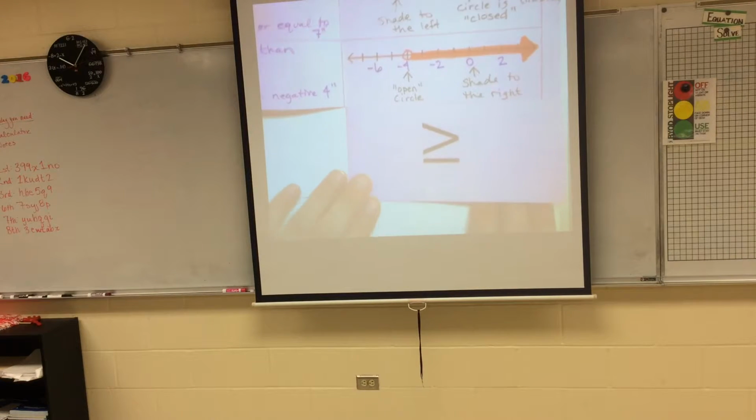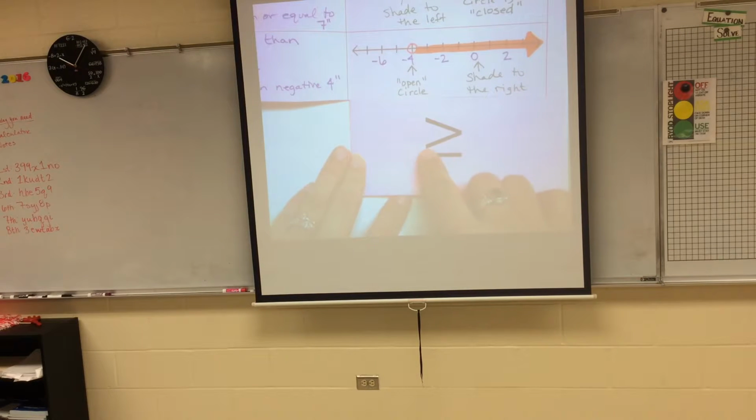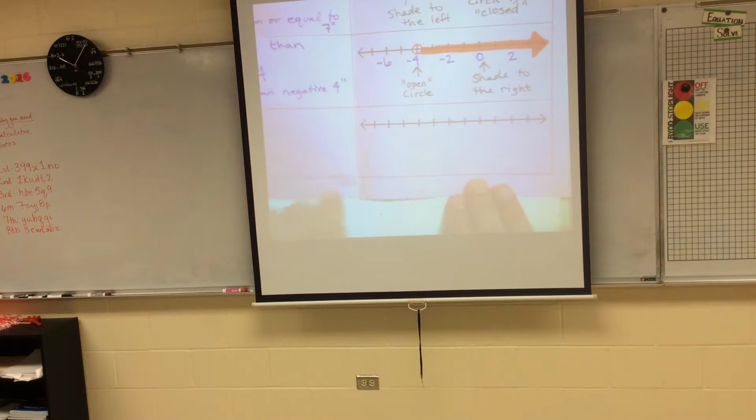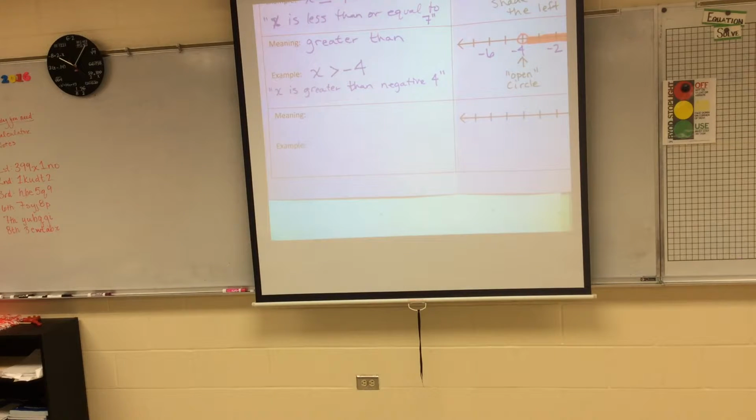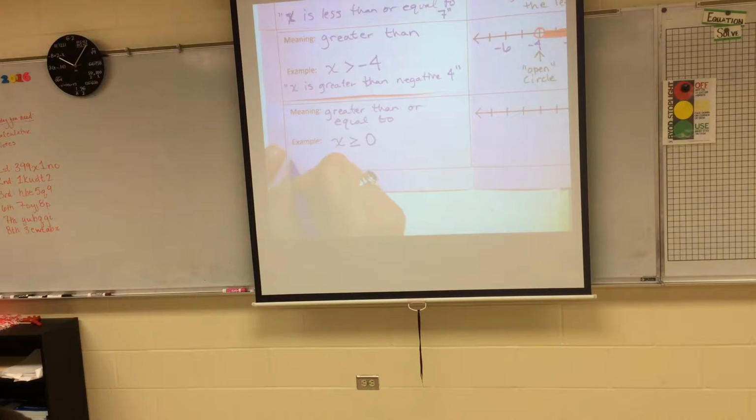All right. Finally, my last window. What's this symbol? Greater than or equal to. Beautiful. Greater than or equal to. So my example is going to be x is greater than or equal to 0. I'm going to say x is greater than